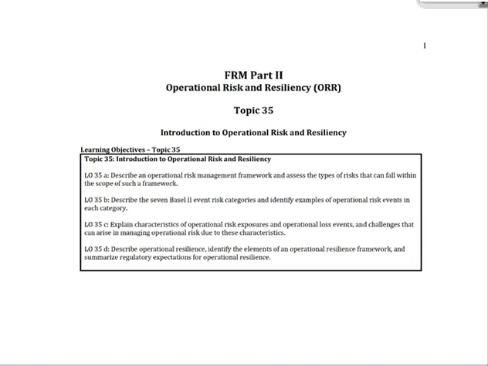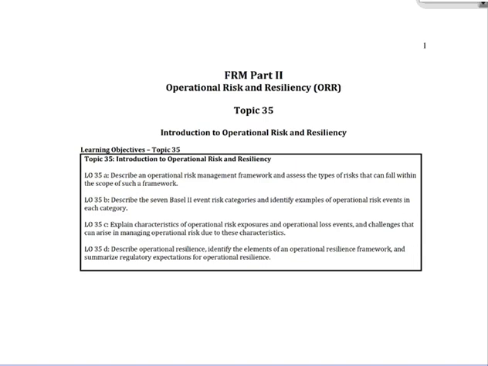FRM Part II, operational risk and resiliency, introduction to operational risk and resiliency. This is the first topic in what we call ORR, operational risk and resiliency. In the past, it used to just be called operational risk. The new readings relating to operational risk, or the op risk section, have now been introduced with operational risk and